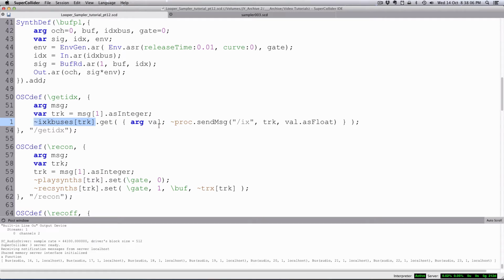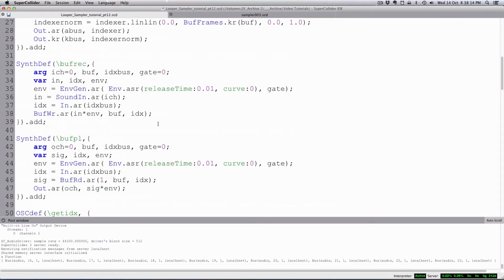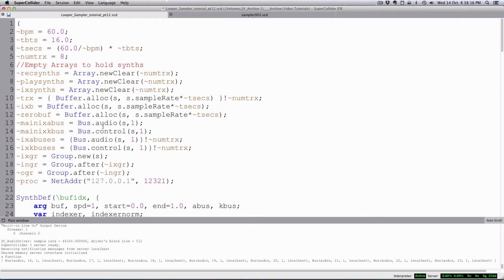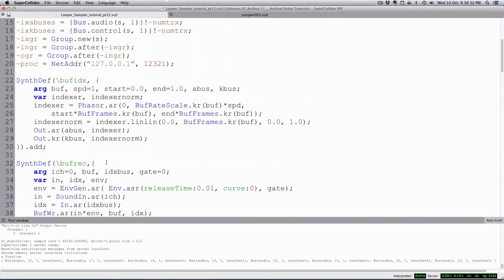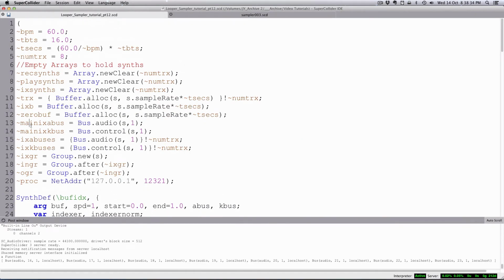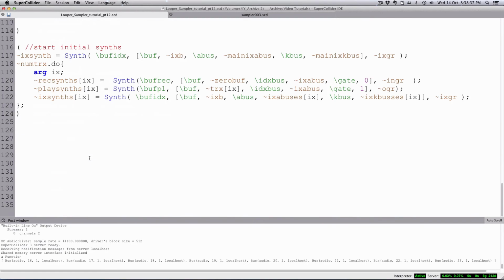Now, this is where we run into an issue because we also have that main cursor. That's the main one that's synced, and that's the one we want to use all the time. Remember, we created an array of them that was just the number of tracks as audio buses and control buses, so you can send that phaser information there. And we made a separate synth here for each of those, so they each have their own possibility of having their own cursor. But also we have a main one too for everyone to sync, this main IXA bus and this main IXK bus. And we have a separate synth here, IX synth, that we created,